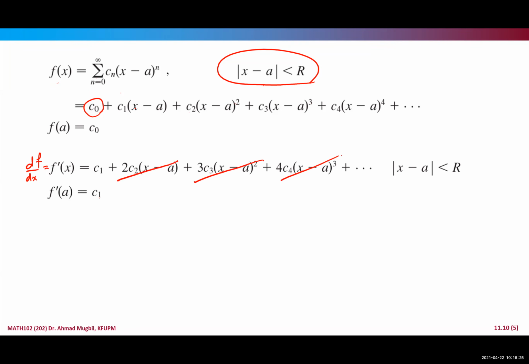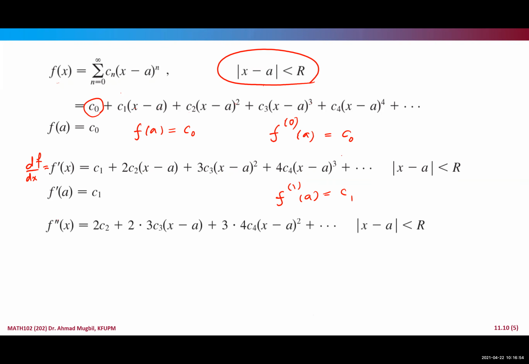What do we have? C1. So you know that the value of the function at a is now C1. I think you have also seen this before, that we said that the zero derivative at a is C0, and here the first derivative is C1. If you continue differentiating, so if you differentiate again, find the second derivative, the derivative of this